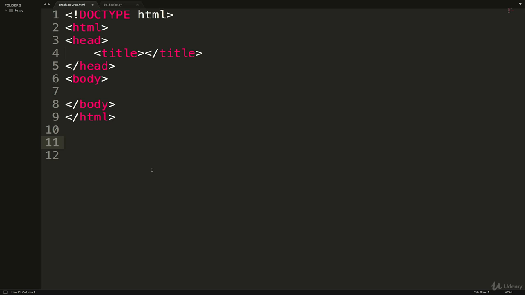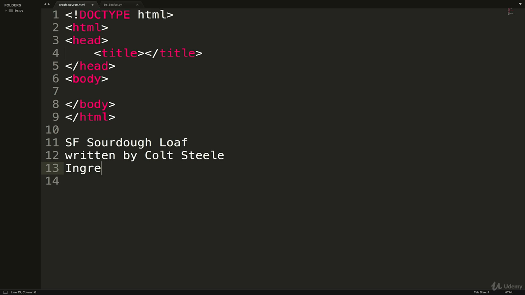And let's focus on that last part, markup language. The whole idea is that I have some text, some data, some information that I'm going to send from one computer to another. Let's say I have a recipe or a research paper, a study. Let's go with recipe though. I have my recipe for SF sourdough loaf or something like this. That's the title. And then I could add a little thing that says, written by Colt Steele. And then I want to have some bullet points for ingredients. So we have ingredients. And then I somehow want to have bullet points. So I want the first one to be flour. And I'm not going to put measurements. Let's just say flour and water and yeast. And I guess for sourdough, you need the starter, sourdough starter.